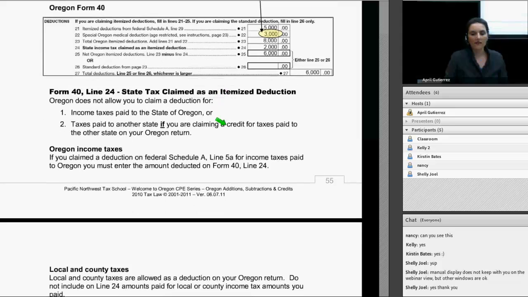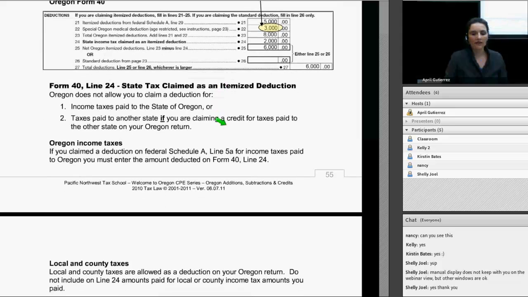Of course, there is a line 26, and line 26 is where you enter your Oregon standard deduction. We'll talk about that in just a moment. In the meantime, back to this line 24 item, state tax claimed as an itemized deduction. Oregon does not allow you to claim a deduction for income taxes paid to the state of Oregon or taxes paid to another state if you are claiming a credit for tax paid to the other state on your Oregon return. Well, the credit for tax paid to another state, we're going to get into that this afternoon, but I